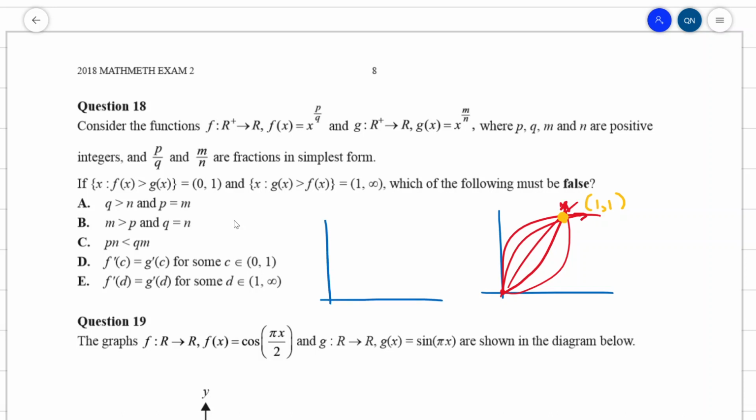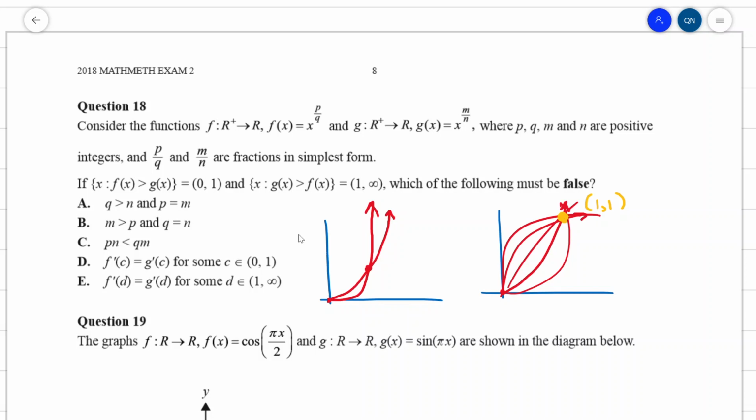So we have our axes. Now, we know f is greater than g on 0 to 1. So what that means is we could have something that looks like this. So we could have f is greater than g means f has a power that's less than g. Not necessarily negative, because if f, for example, is a square graph, and you take g to be a cube graph, then g will always be less than f on the interval 0 to 1. So as long as the power of f is less than the power of g,